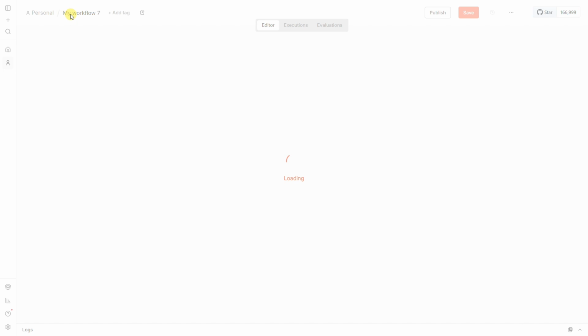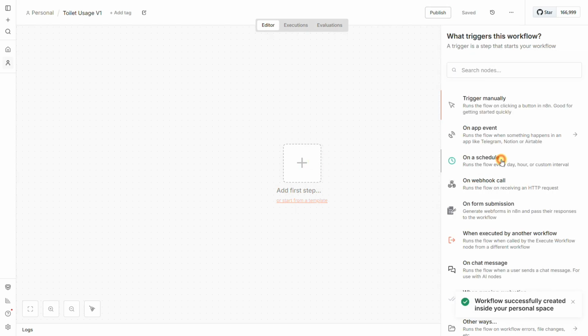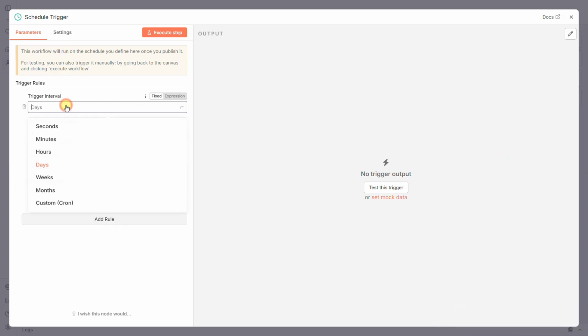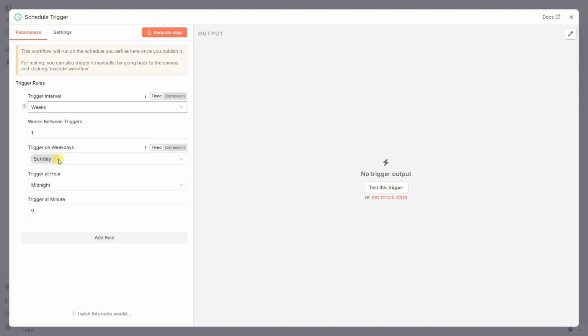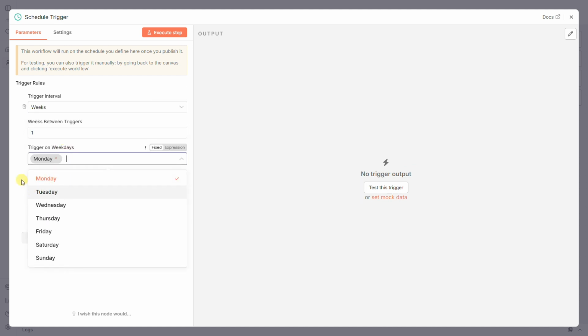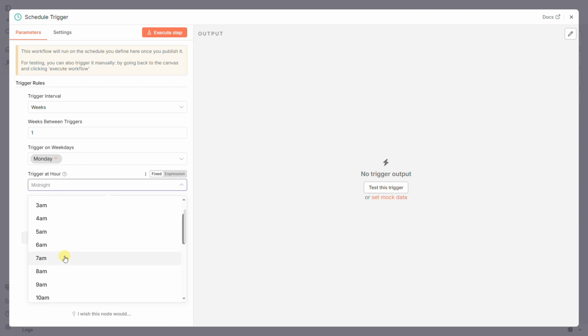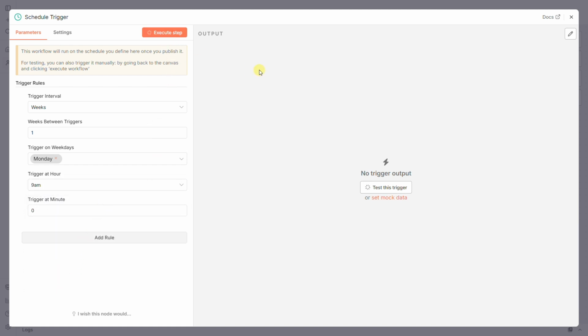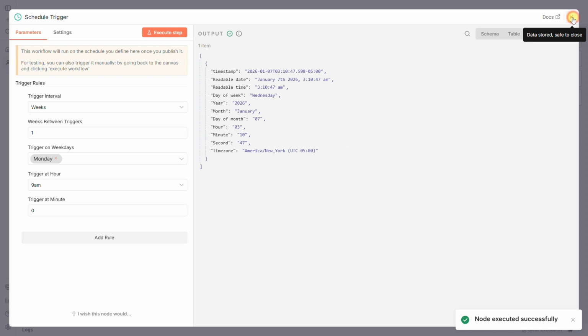Let's kick things off with the very first node in our workflow, the schedule trigger. For its configuration, we've set it to run once a week every Monday at 9 a.m. sharp. At that time, our trigger fires and the weekly analysis begins as the workflow immediately splits into two parallel